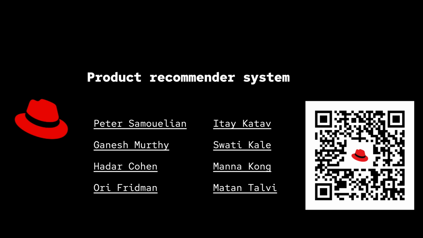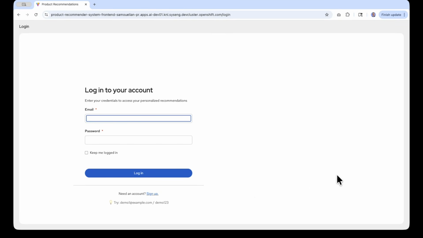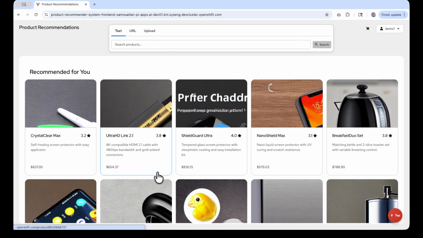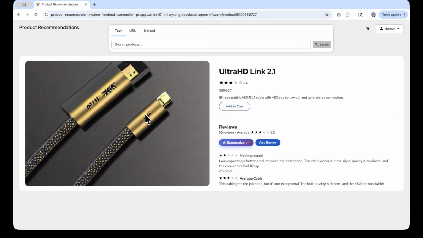Today I'll look at the product recommender quickstart. The product recommender tackles a classic problem in e-commerce, which is matching your company's products and services with your customers. Let's take a look by logging in as a sample user and log in. Now from this point, we can click on an individual product and see its image and other